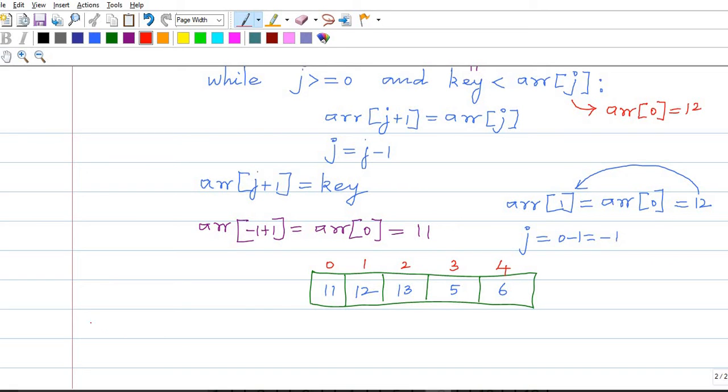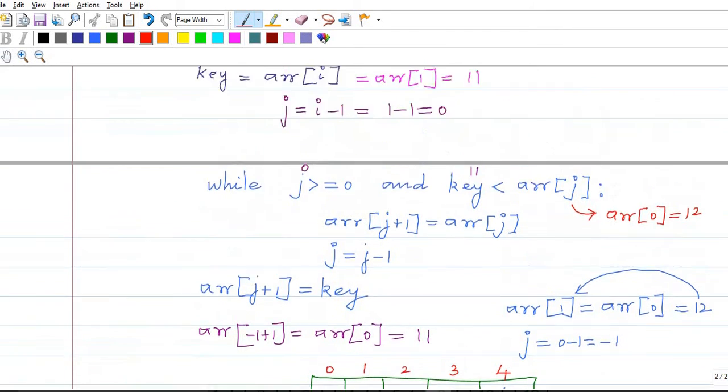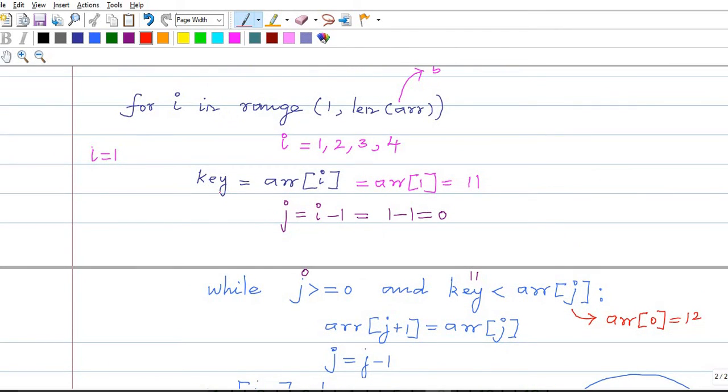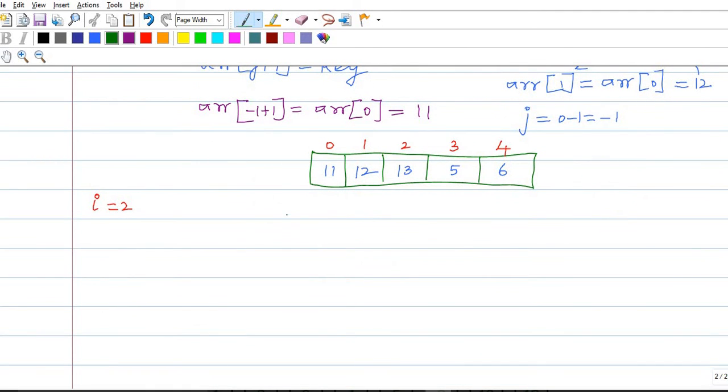Now the i value is incremented. i is equal to 2. I'm just repeating the code. Key is equal to arr[2], which is 13 now. Then j is equal to i minus 1. i value is 2, 2 minus 1 is 1, so j value is 1.